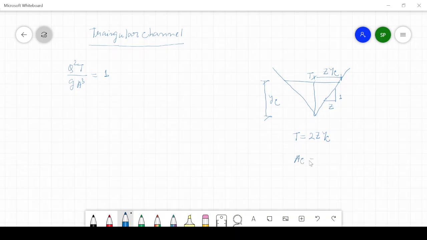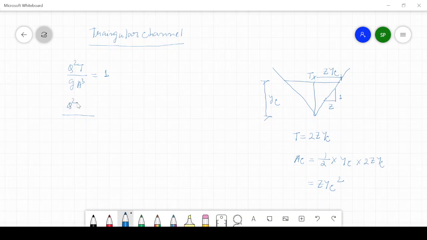So AC, at critical depth, area is equal to what will be the area? Half into yc into, oh sorry, into what? 2zyc. Yeah, T means 2zyc. So ultimately zyc whole square. So now if you are putting this value in here,